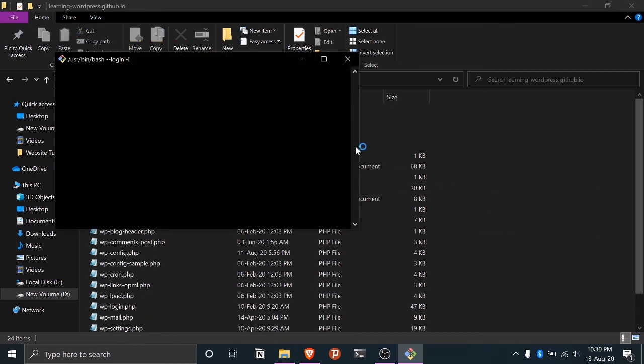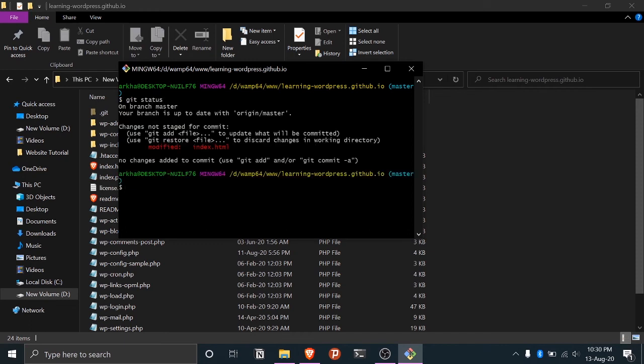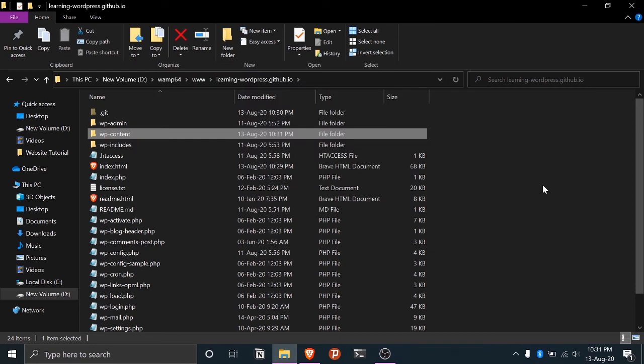And then we'll go to Git Bash and then git. So if you check the status, we see one file has been modified, index.html. Now before we commit any changes, we should go back and see if the background image is being taken from the localhost again.